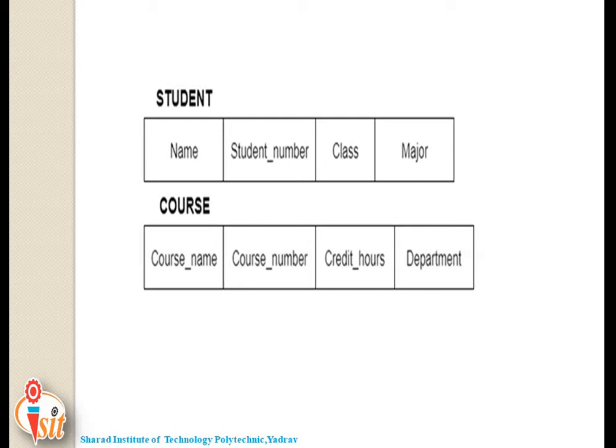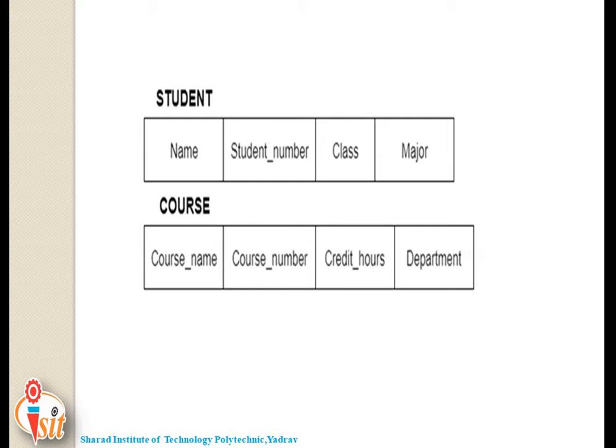Let us consider another example, that is, schema for a university database. If there is a university database, then what are the schemas for that database? First of all, decide the relations in the university database, that is classroom, department, course, faculty, teachers, student.